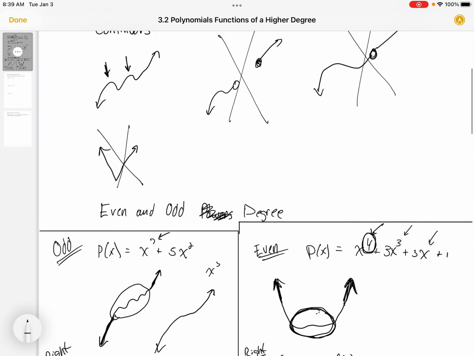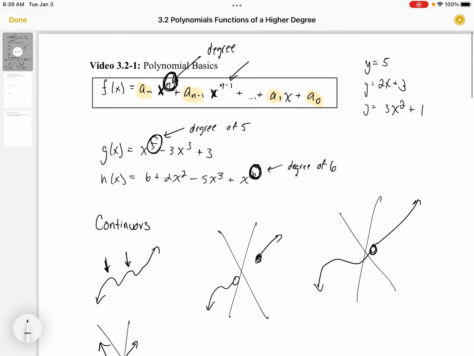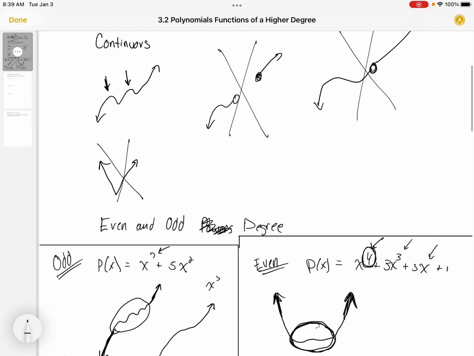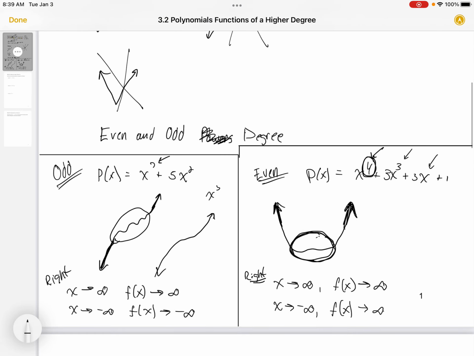Okay, there's a lot more characteristics I could get into, but those are going to be the main focus of this section. The one thing that we did not go over is the zeros of a polynomial, which I will talk about in a few